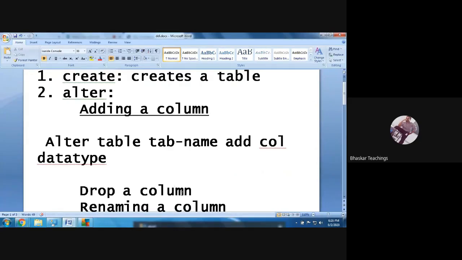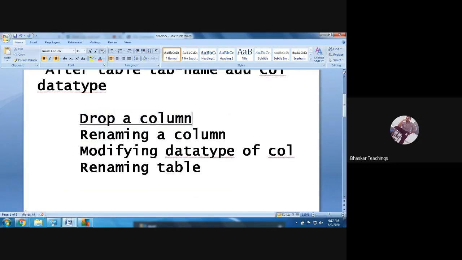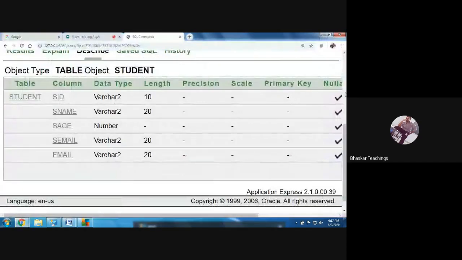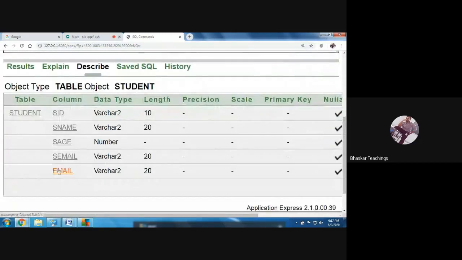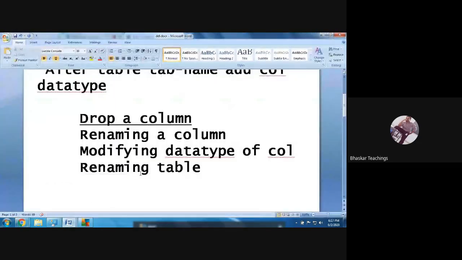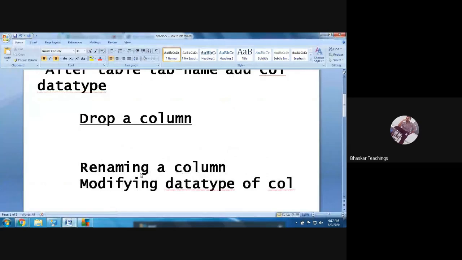Fine. Now the second operation is dropping a column. Assume you want to delete a column which has been created without our knowledge, just like we have seen. I have run the command 2 times and it has been altered as email and email. So now I want to delete this column, this field. So what is the syntax going to be? The operation is dropping a column. Actually, the terms need to be fields and properties, but as we are in the third session only, I'm using the basic terms only, column, rows, like that.